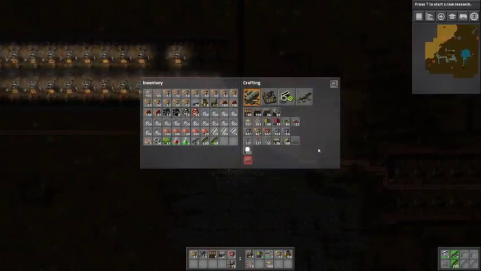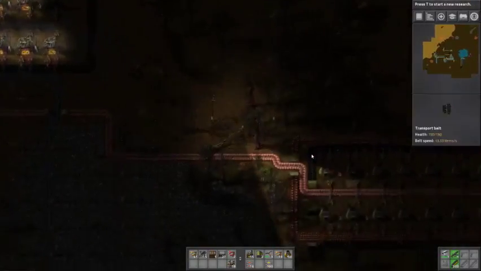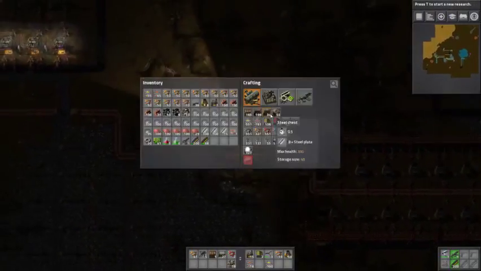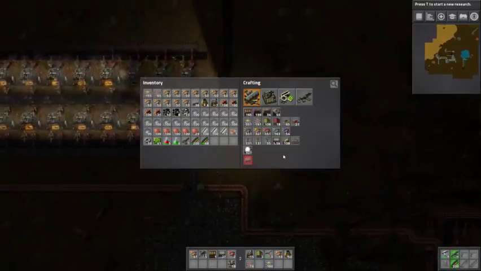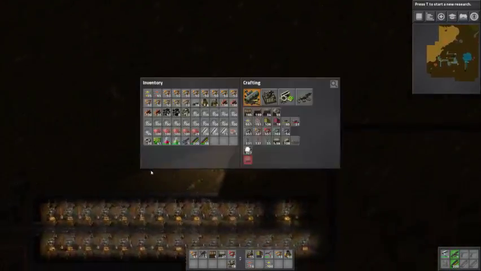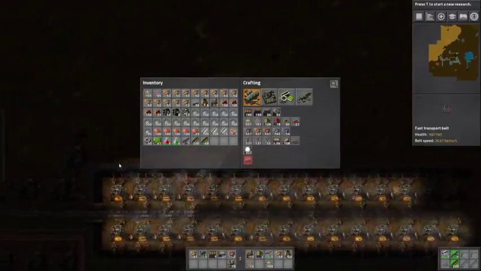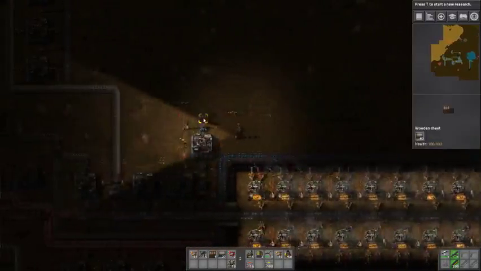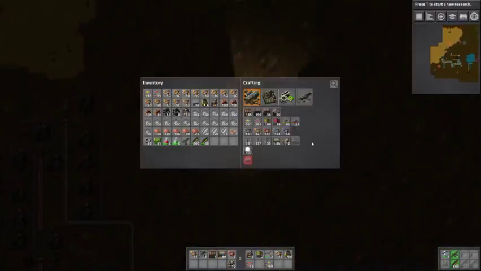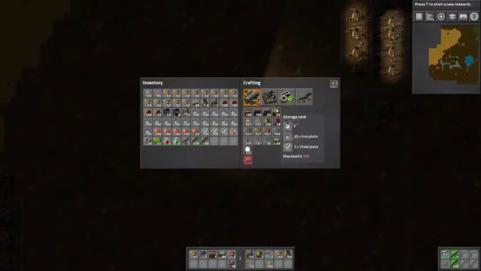I am going to run over here real quick. I just want to deposit this copper ore out of my inventory. Okay. Let's go back over here. First of all, let's collect all the pipes that we've made. 62 is a good start. And let's